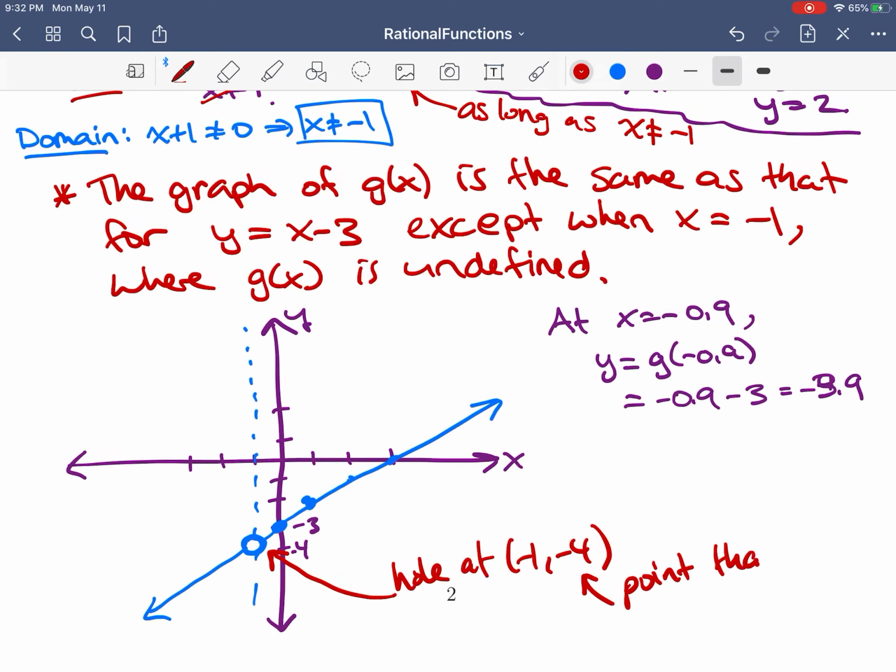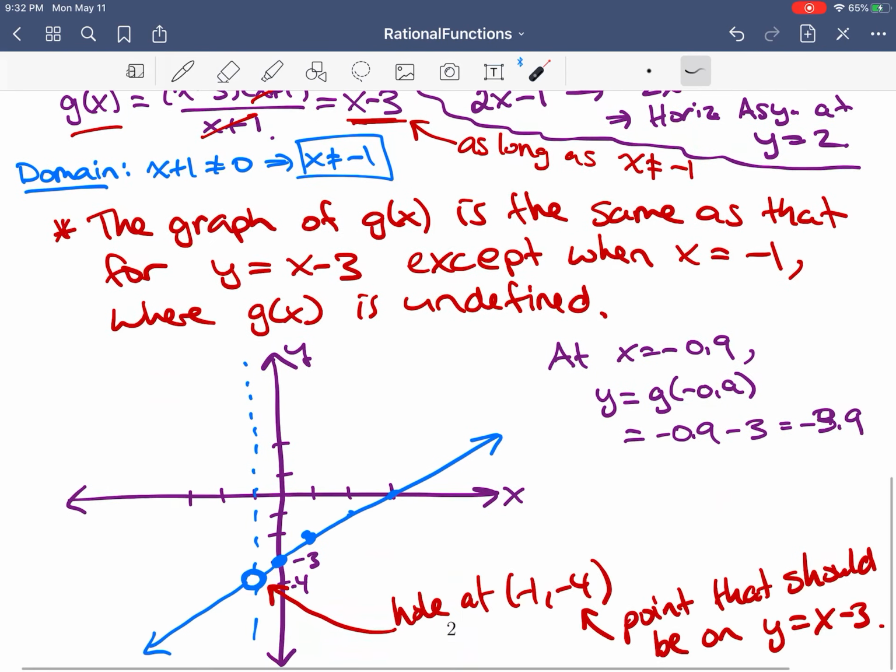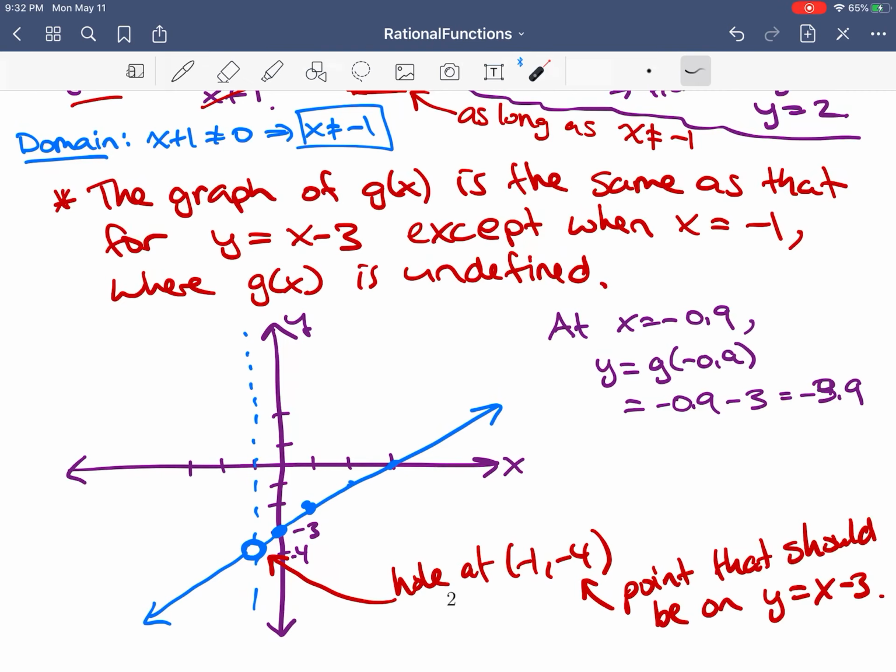Okay, so I'm going to write here, this is a hole at negative 1, negative 4. And this is the point that should be on the graph of x minus 3. Okay, so it's the point at negative 1, wherever it should be. It's just been removed from the graph. So this always happens when you can simplify like this. Okay, so if you can simplify and remove the problem, then you don't get a vertical asymptote, you just get a hole. Okay, so that's a very brief